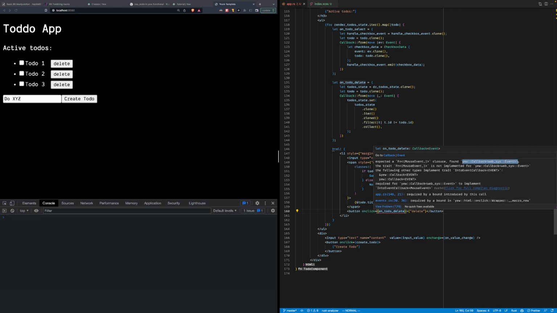Interesting. It's not implemented for this. Required a bound introduced by this call. What is the issue here?